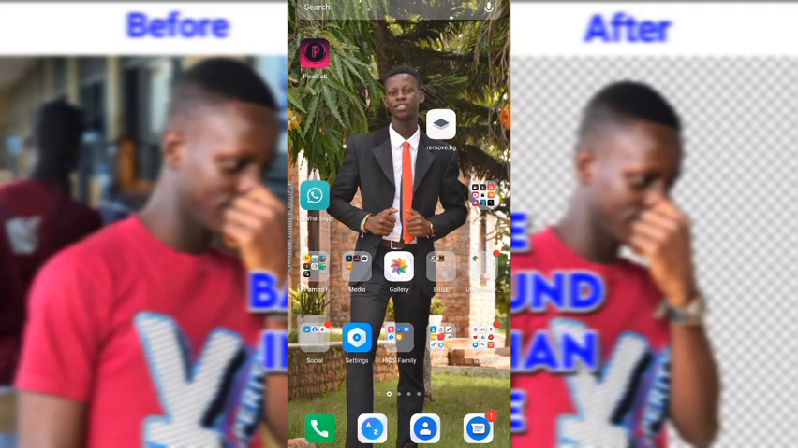Okay, I thank you. So today we're just gonna learn two ways of removing a picture background. Two ways we can remove a picture background. The first one is using an app called Remove BG. This app,